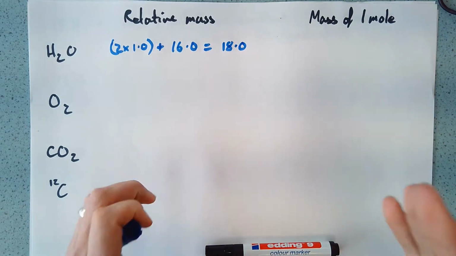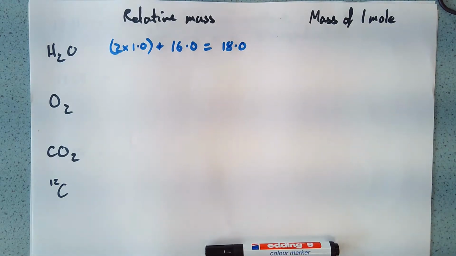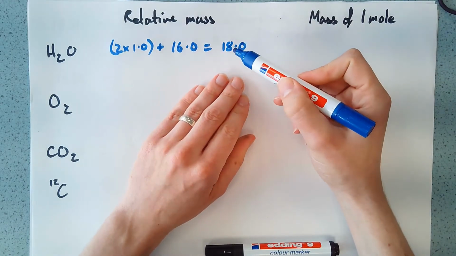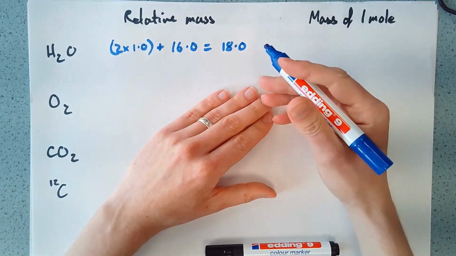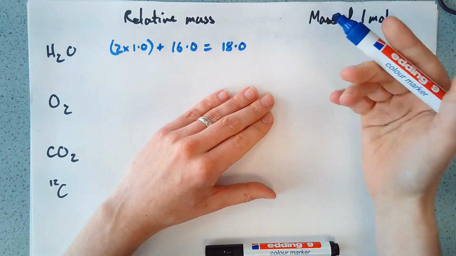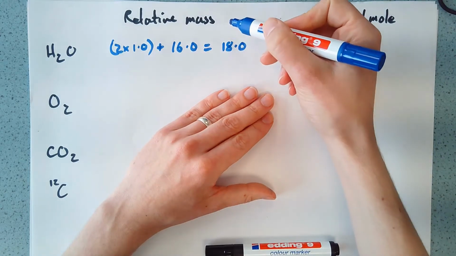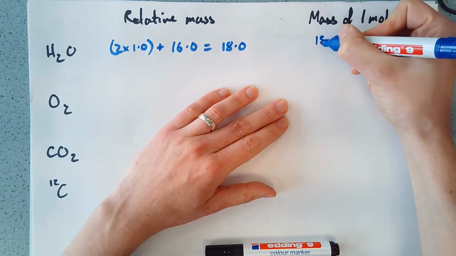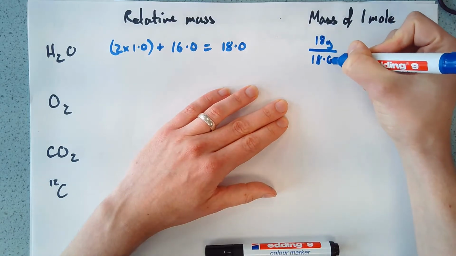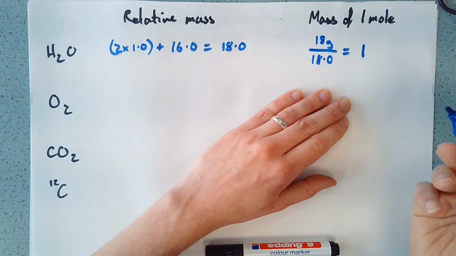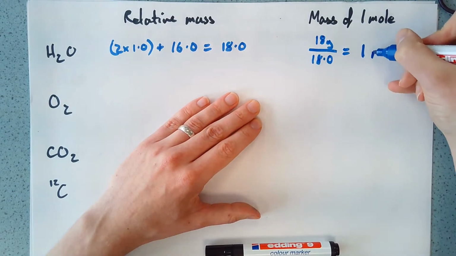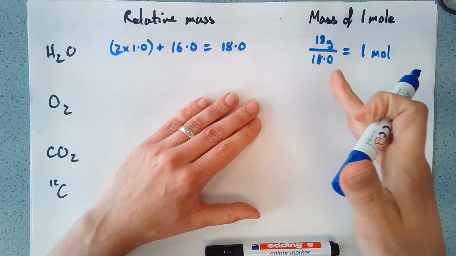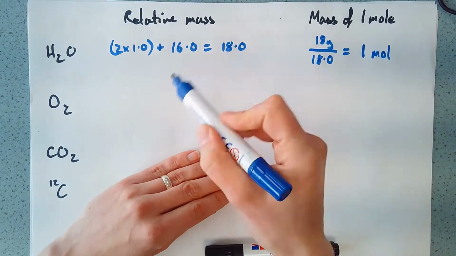Now, if we want to define a certain number of particles, we take the relative mass, 18, and say, right, okay, if I had a set number of those, then I could make it so that the mass is 18 grams and its relative mass is 18, and that would give me a ratio of 18 grams over 18.0 equals 1, and we can define our number of particles as that. That is a certain number of particles. Now, we don't know how many particles that is at this point, but that works for any molecule or compound or element that we can come across,